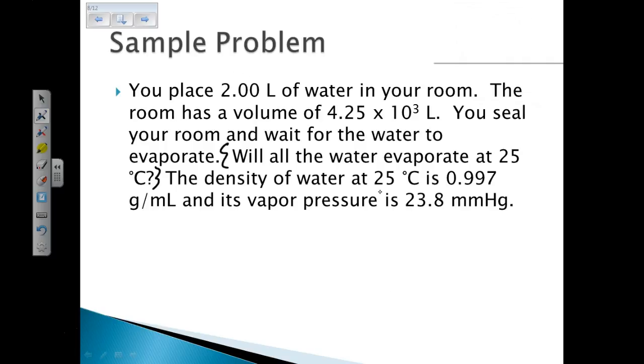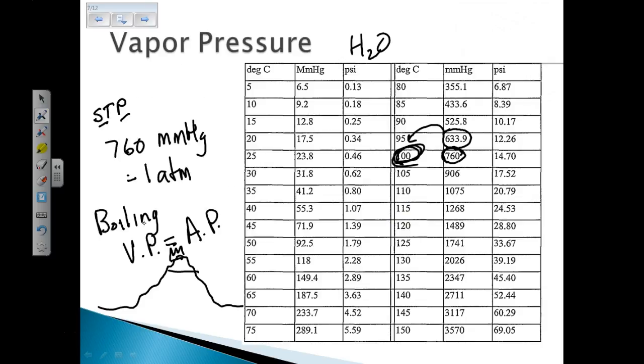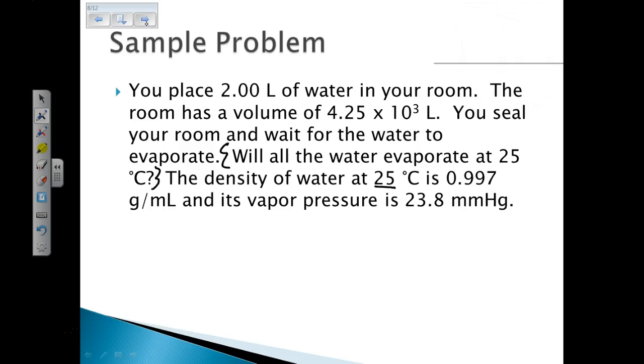Okay, and so notice we're given a density and the vapor pressure. So the vapor pressure, that's the P. I'm going to symbolize that with P sub V, vapor pressure, and that is equal to 23.8 millimeters of mercury. The volume in the room, the volume that the vapor is going to fill up, is going to be,